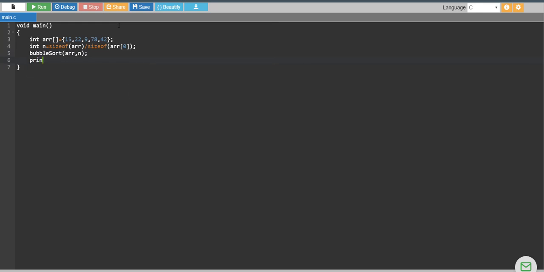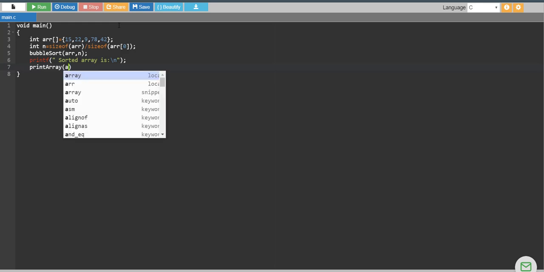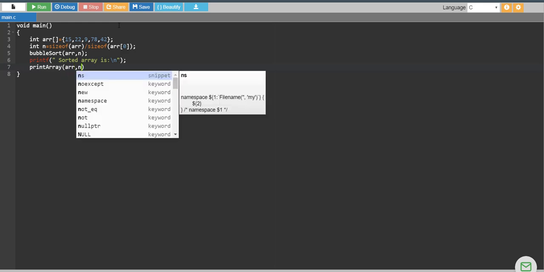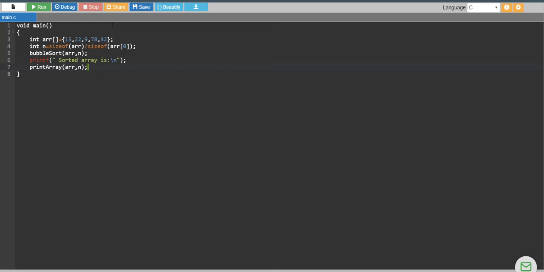Now I am going to print this array. Call this function print array, which will print our sorted array. Okay, so here we are done with our main function.